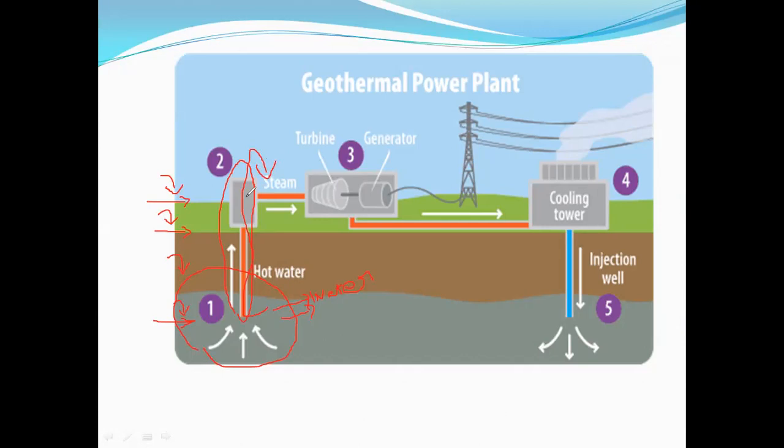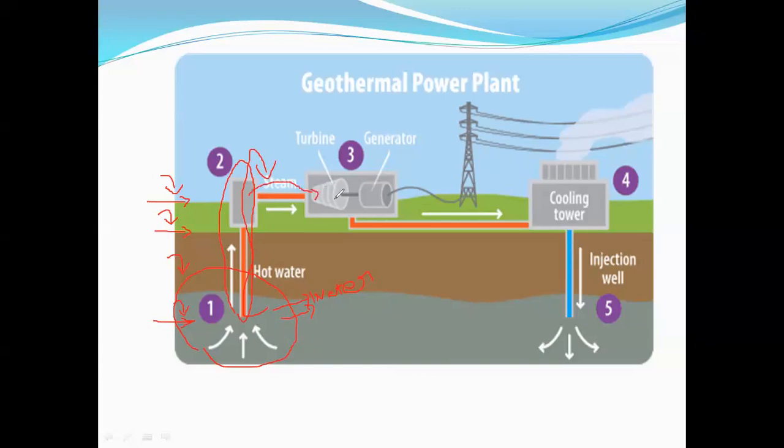Now when we are extracting the water, the hot water is gradually converting into the vapor state. The vaporized water, what we are saying as steam. I'm repeating, the vaporized water is known as steam generation. The steam which is extracted from deep in the earth crust should be subjected to the turbine.